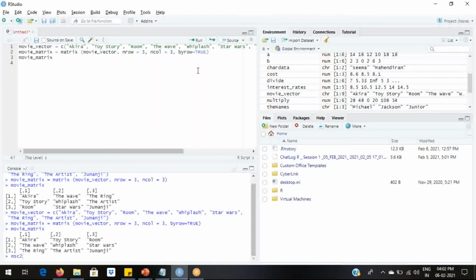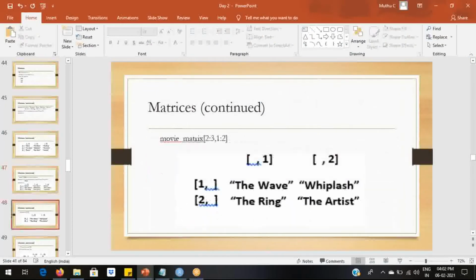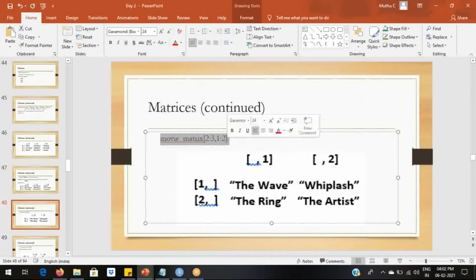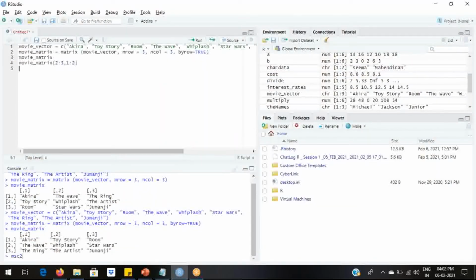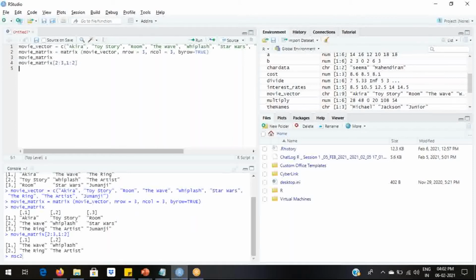So you can see the values being populated row wise instead of the default column wise. So now we are selecting the second and third rows first and then the first and second columns.